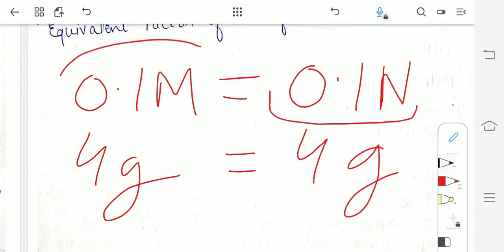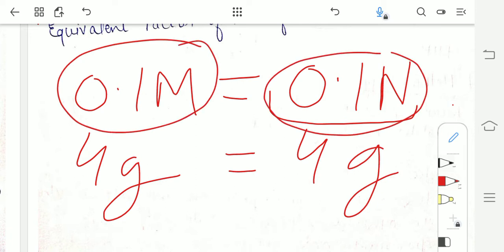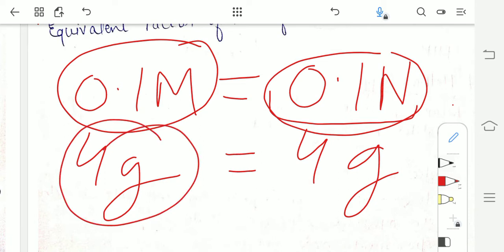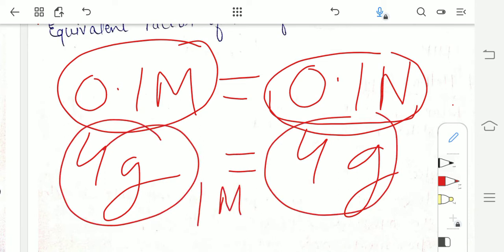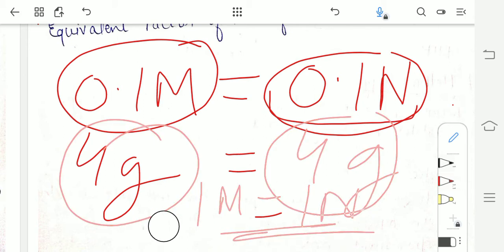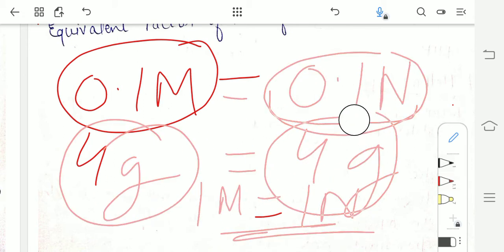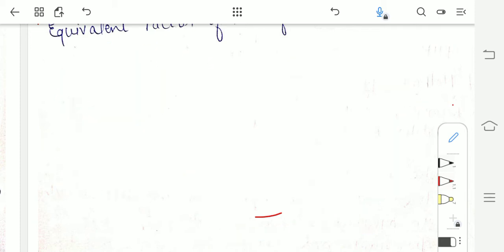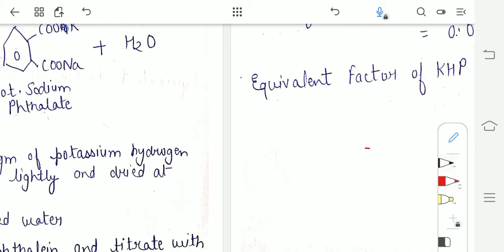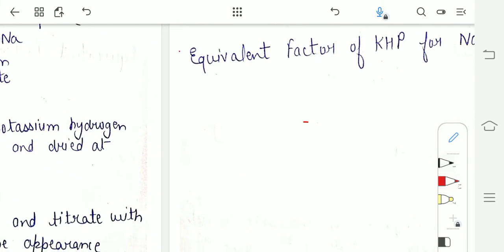So in both of these cases the amount of water is the same, 1000 ml, and the amount of sodium hydroxide we need is also 4 grams. Therefore the strength of the molar as well as the normal solution of sodium hydroxide is the same. So the preparation and standardization we are going to do now will apply to both the molar as well as the normal solution of sodium hydroxide. I hope this is clear to you.